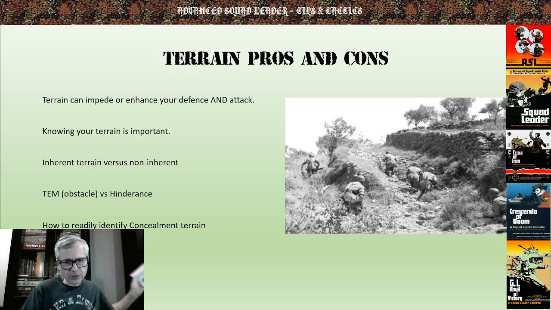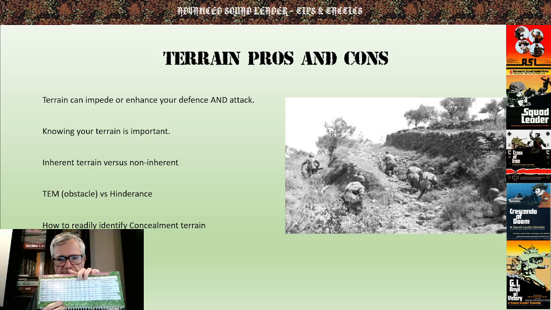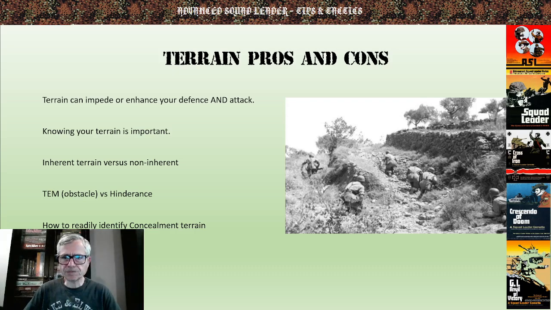Now, if you have the charts or the actual charts, and you look at the terrain, you'll see certain terrain is marked in red, so that's concealment terrain. That's an easy way of identifying everything. And here you have a picture of Crete, the Battle of Crete, and you have some German paratroops taking advantage of the terrain to advance into their victory location. So I'm not going to cover all the terrain types, but some key important terrain that's practically omnipresent,